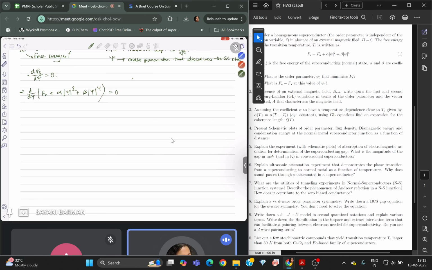So solving for psi, it would be, if alpha and beta are the coefficients, we'll take them out. Then 2 alpha psi plus 4 beta psi cubed